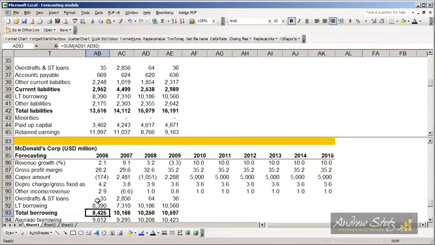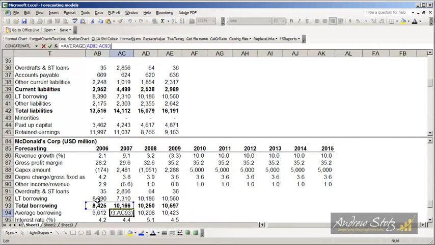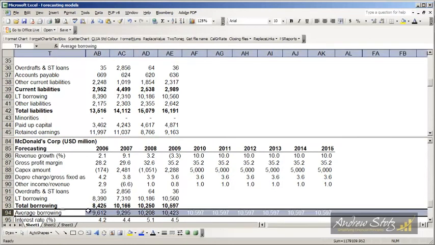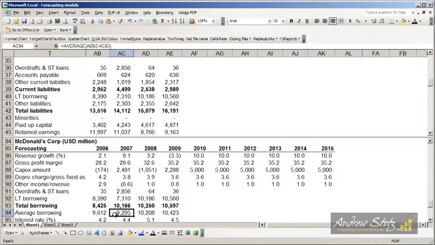But if that was the case, you'd want to do a time-weighted average where you'd say 1 divided by 12 for the month of December and multiply that times the interest rate, and then you'd do 11 divided by 12 times 0, which would be the interest rate because there wouldn't be any during that time. So you would get a time-weighted average. But to keep things simple, we just do a simple average, which is in line 94. You can see my simple average just says average of the prior year and this year,